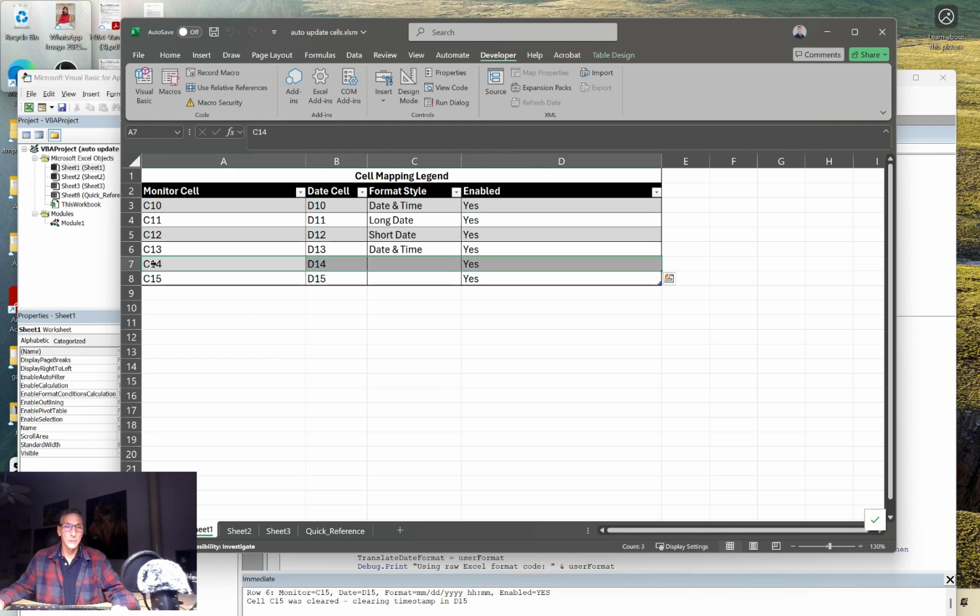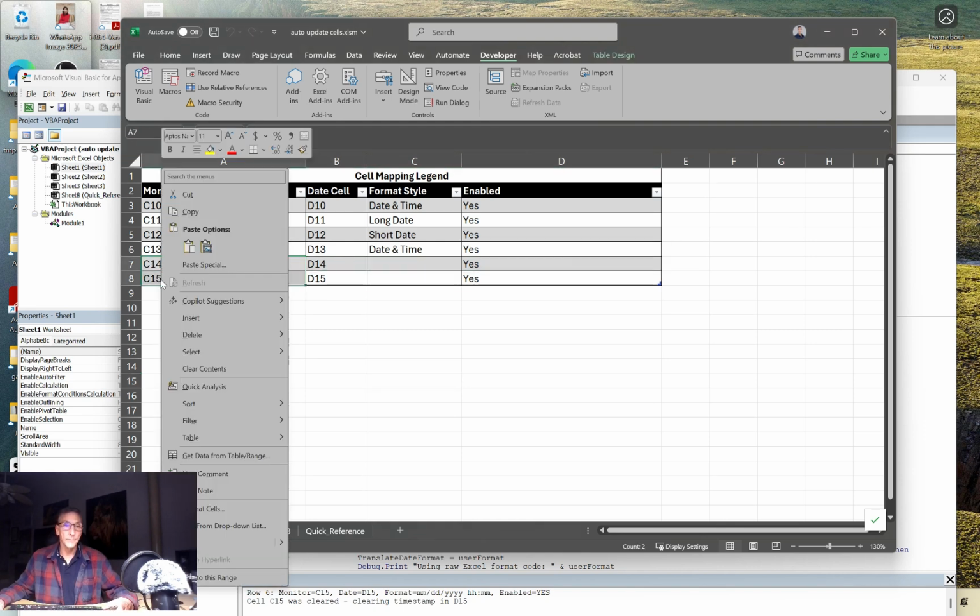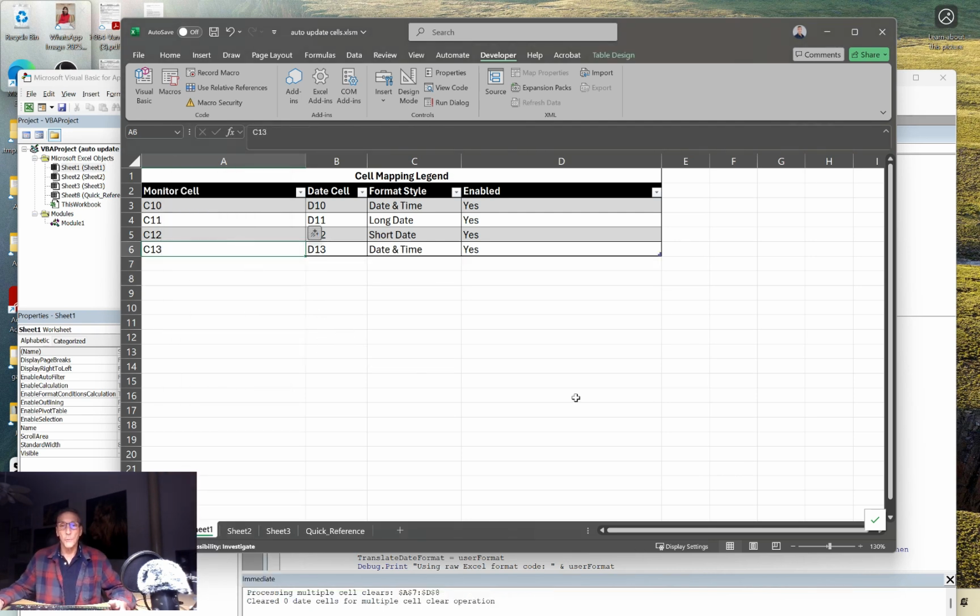Let's delete this. Let's delete this too. Delete table rows. Bam. Okay. So originally I was going to just have you go into VBA, do a quick and dirty, and then go in the back end and type the cell that you want to be able to monitor. But then I was like, oh, he's going to want multiple cells, and I don't know how many sheets he's going to do this with. So I decided, okay, I'm going to make you a mapping legend table, which is